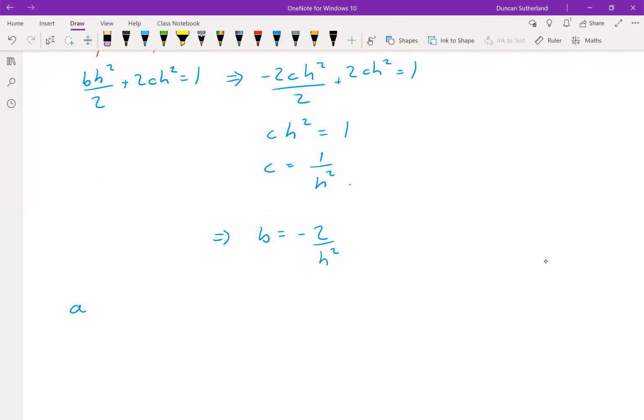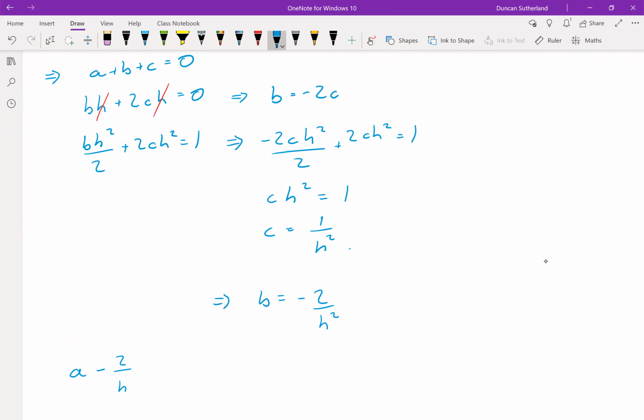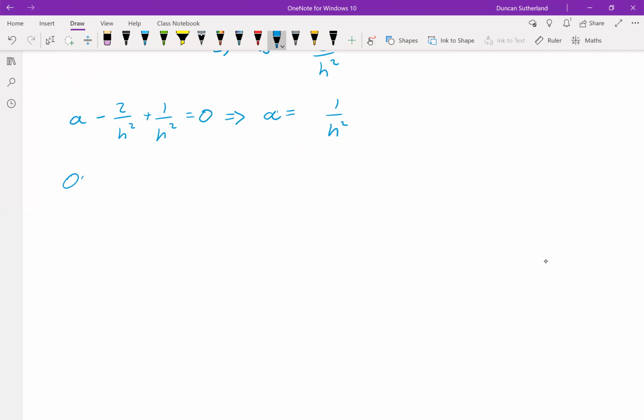a plus b plus c equals 0. So our a is equal to, in this case, a equals c, which is kind of nice. So our overall finite difference scheme is